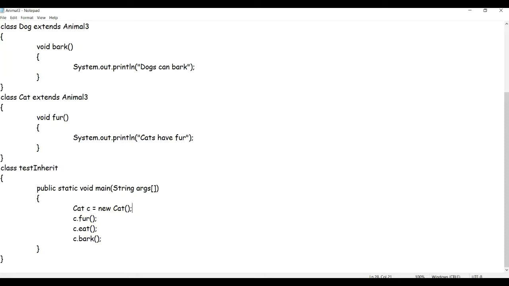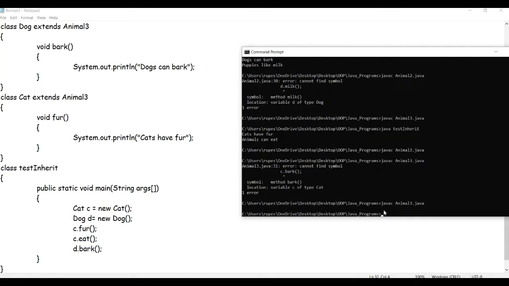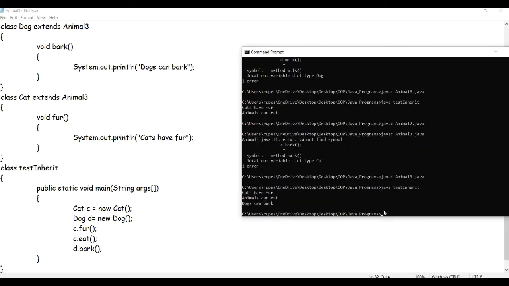So what should be the possible option? We can create a different object here of the dog class: Dog d = new Dog. After that, I will simply replace this with d. Now let us compile and execute this. It is giving me no error, so I can run this program.